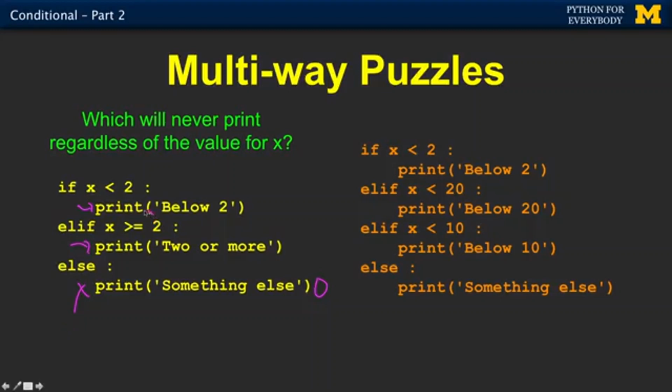I just happen to have constructed my logical questions in such a way that they covered all values of x, and so the else was kind of irrelevant. Now I wouldn't even draw this way. If I was going to draw this or write this code, I would probably just make this